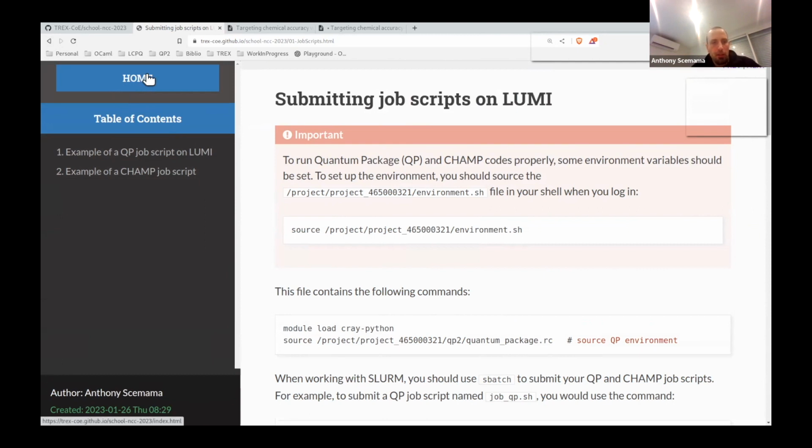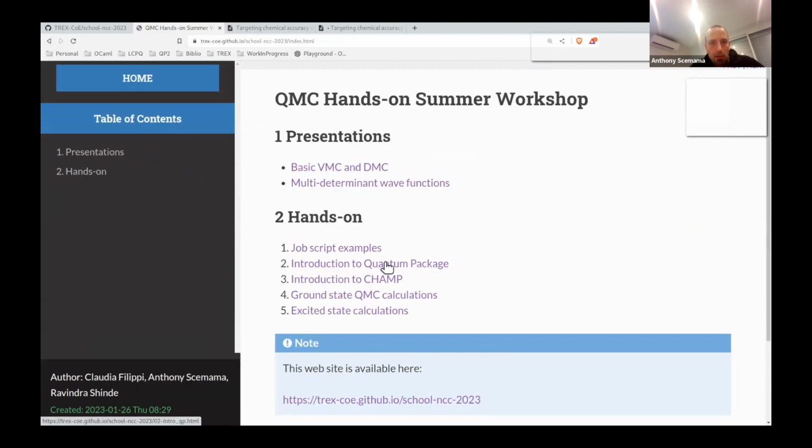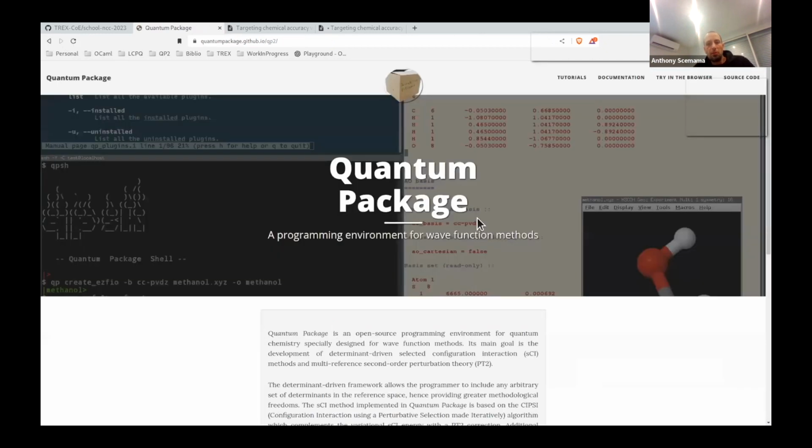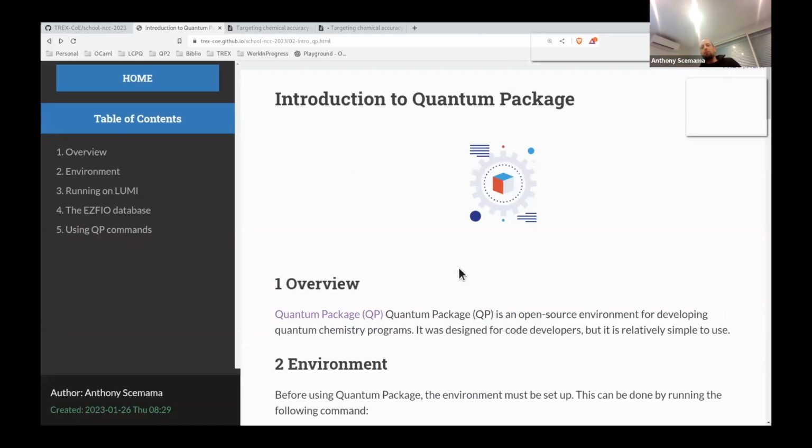Okay, so let's go back. Now let me try to introduce you to what quantum package is. Here you have a link to the quantum package website, if you want to know more. But in a few words, it's a code which is not really intended for users doing production for many people.